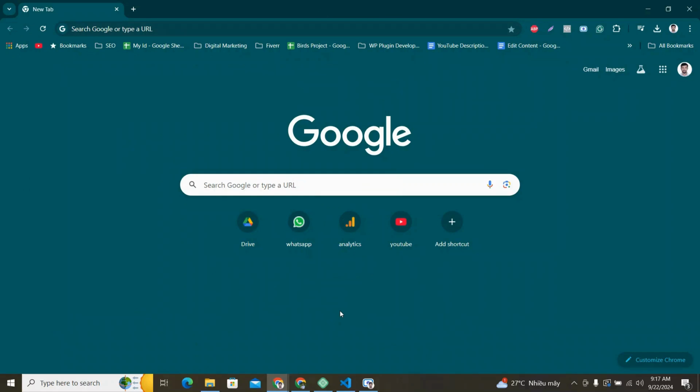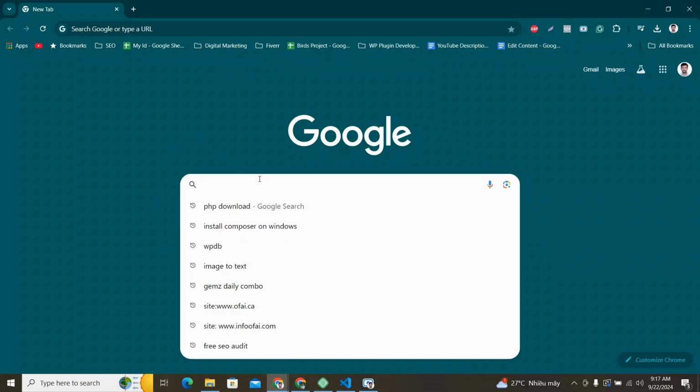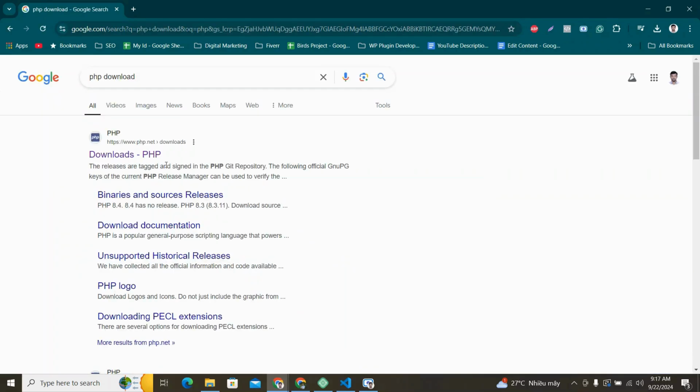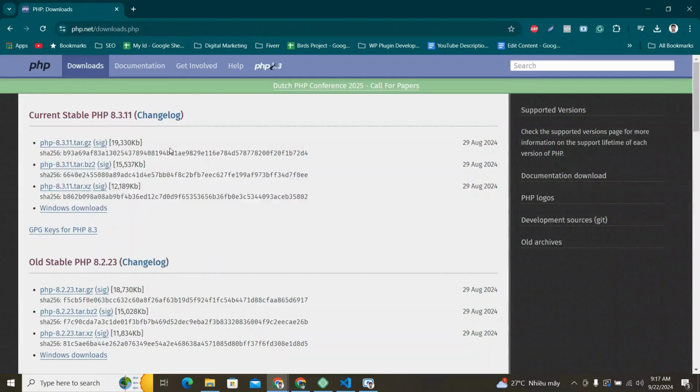Before installing PHP Composer in your Windows 10 or Windows 11, you need to install PHP first. So search for PHP download, and then go to the PHP website. We will install the current stable version. So click on Windows download